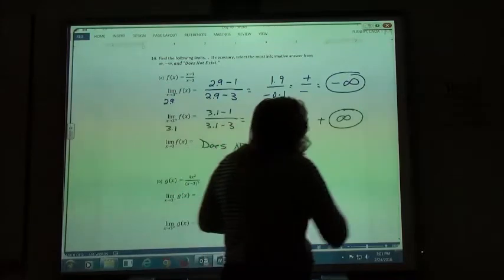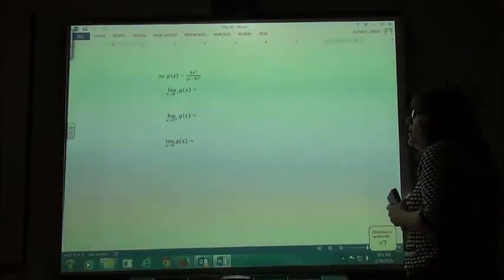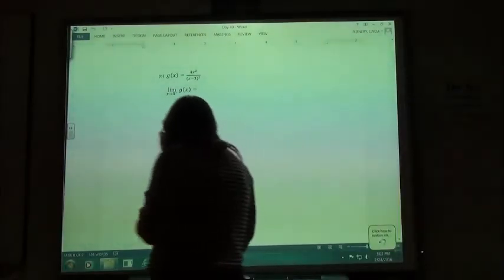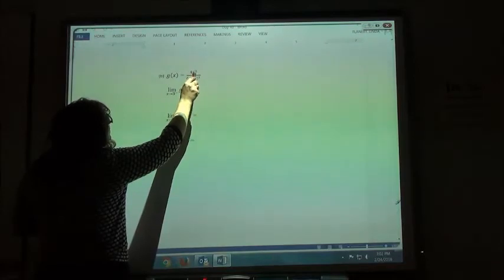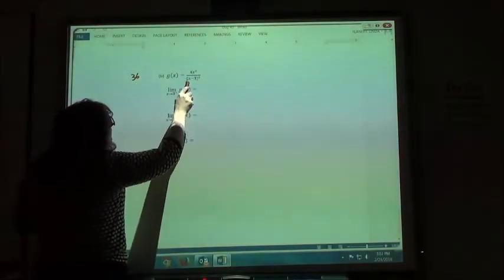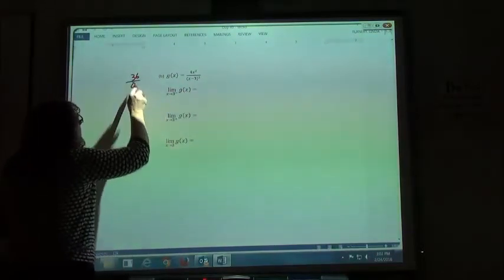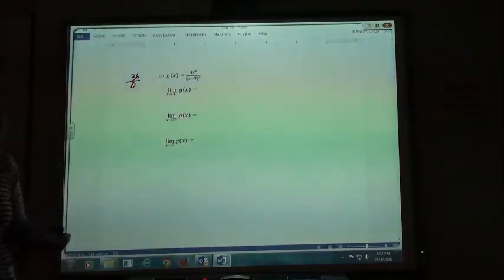Part B on number 14. I am doing the limit of my expression, again, as x approaches 3. So if I would put 3 in here, 3 squared is 9, 9 times 4 is 36. But on the bottom, 3 minus 3 is 0, 0 squared is 0, so again I get a number over 0. Anytime I get a number over 0 when I evaluate directly, I know my limit is either positive infinity